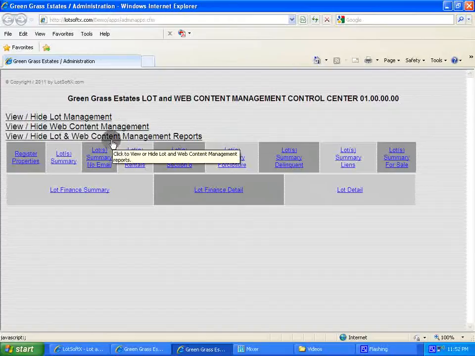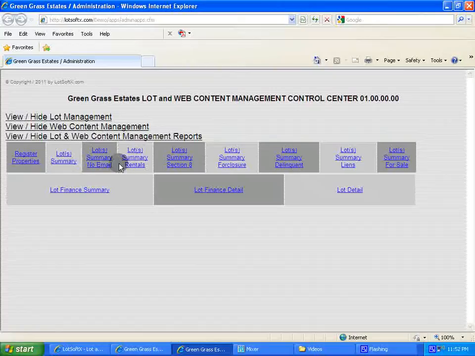And the last thing is the lot and web content management reports. And here you can produce a whole lot of different reports. It may not seem like a lot of reports. Some are of a finance nature. Others are going to be just wanting to see what your current delinquent lots are, and full lot detail, which this report, if you've got a lot of lots, may take a while because it's giving you every bit of information about every lot in your HOA. Could take as long as 2 minutes to actually run if you have in excess of 200 or 300 lots